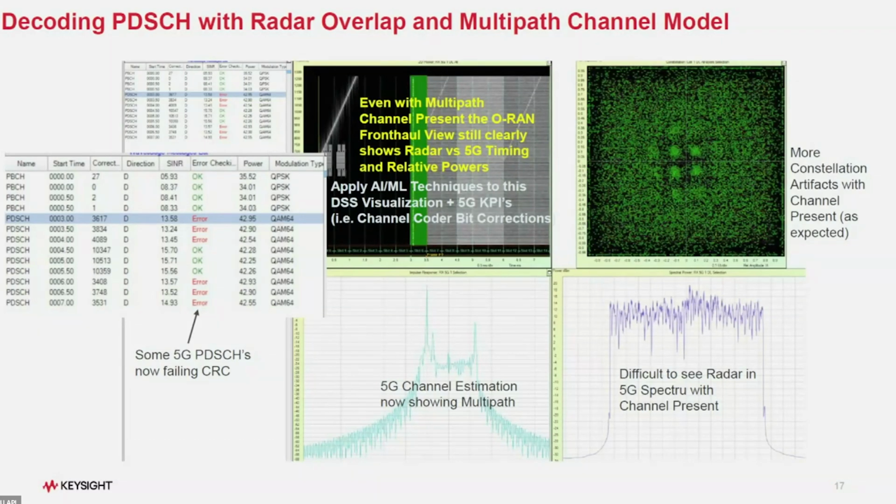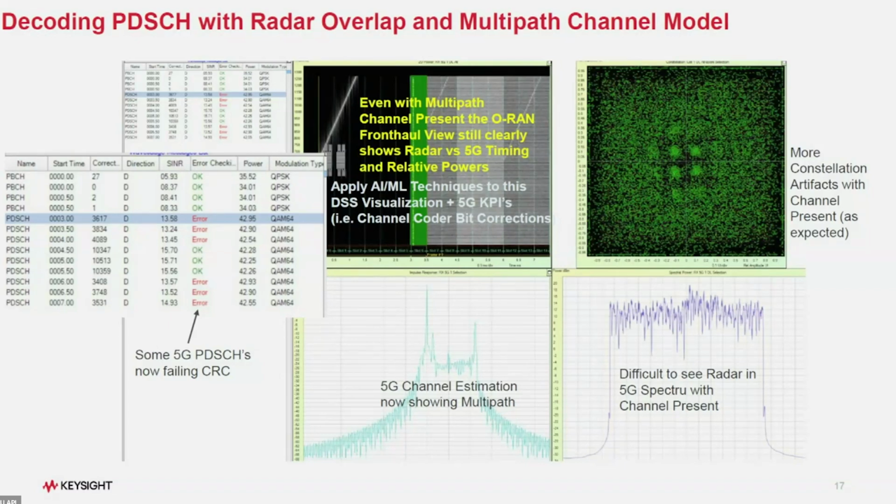But if we look more closely, we have an even more intuitive kind of insight here, because we can see that the errors are only showing up on those bursts where the radar signal is present, where there's conflict, collision. These here in the middle, we're passing CRC and there's no problem, even though for a human it's hard to discern what's in that constellation when looking at it. And you can see here, we no longer can see the radar signal popping up above the spectrum, but our